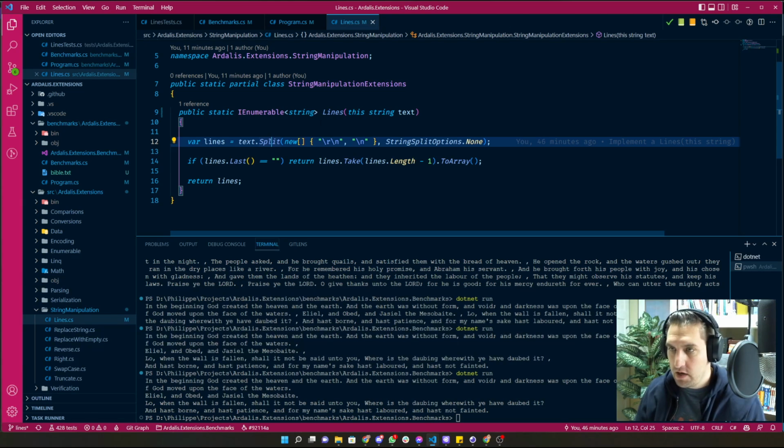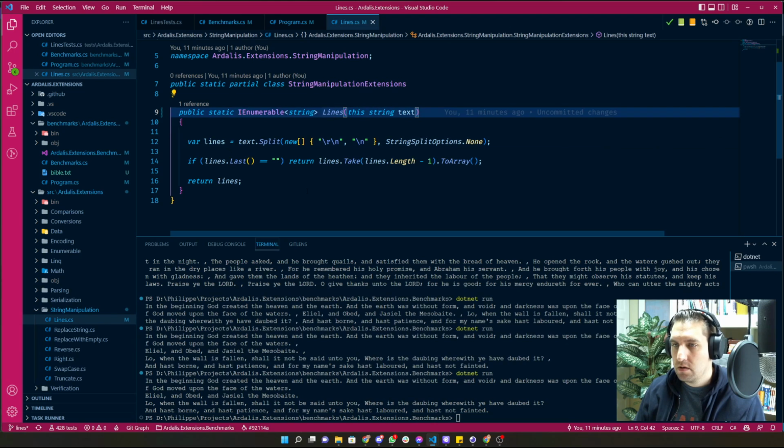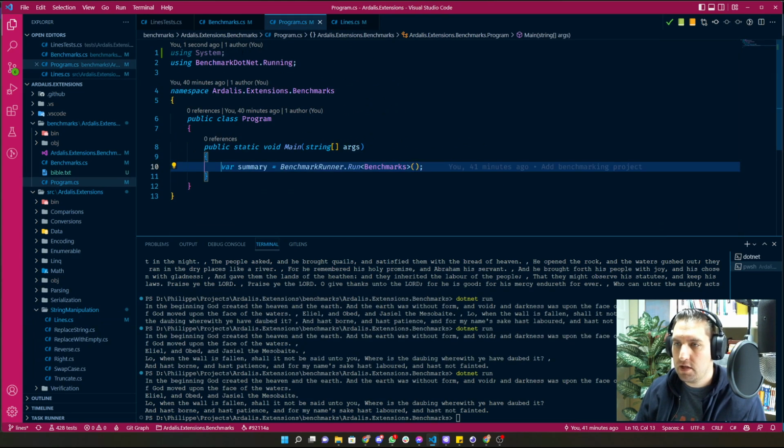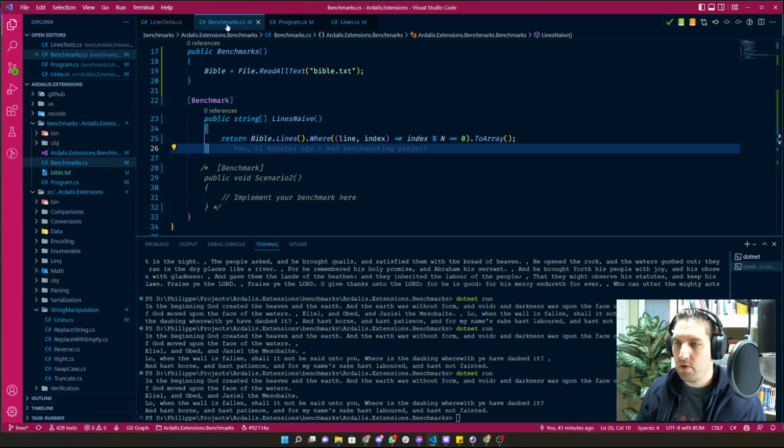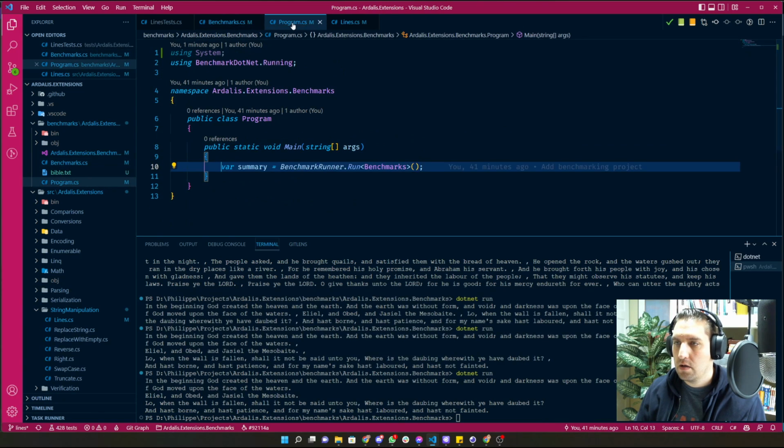So let's do this. Now that we know that, okay, well let's run our benchmark first just to make sure that we've set this up properly. Let's do that. So I guess, and I'm pretty sure we need to run this with release configuration. We don't want this to be in debug. And yeah, so obviously